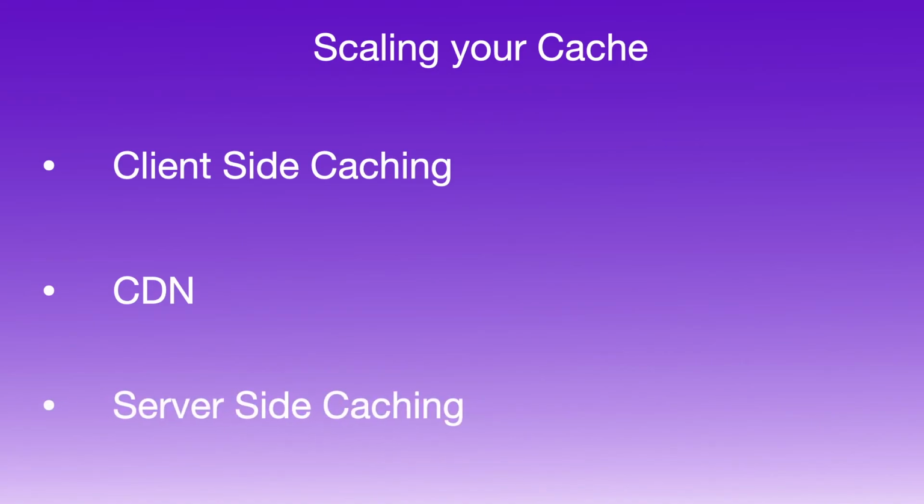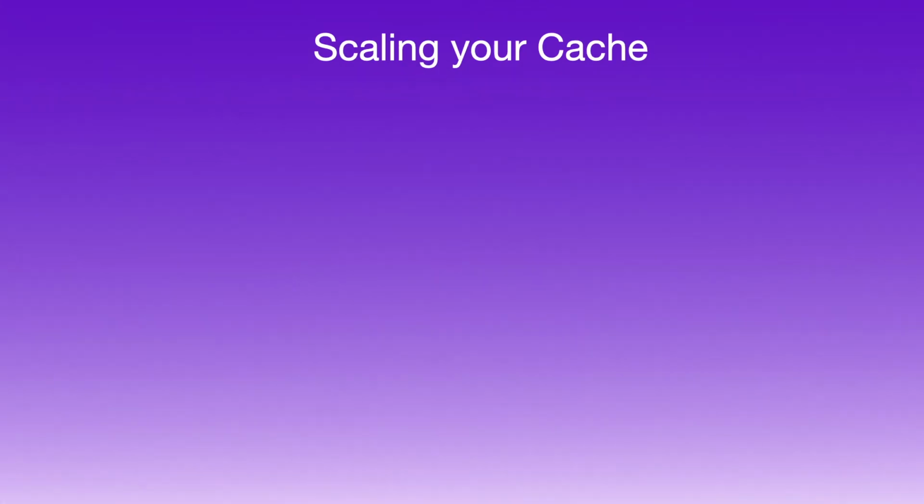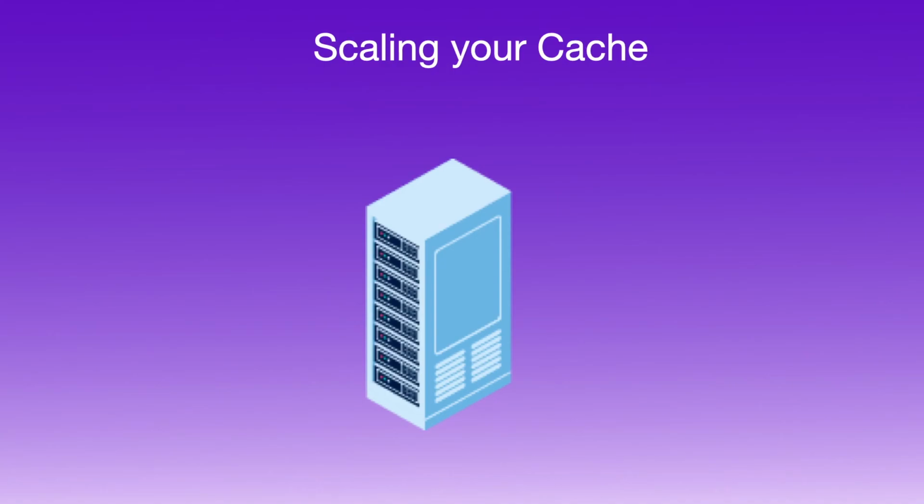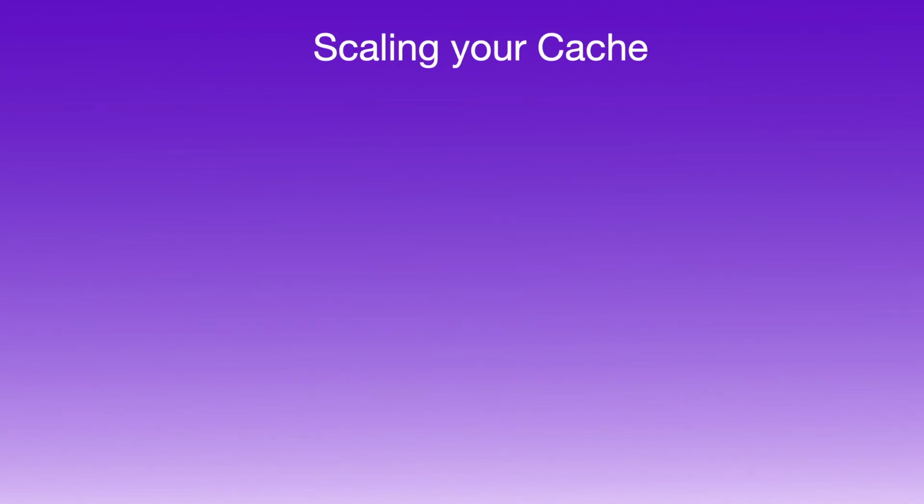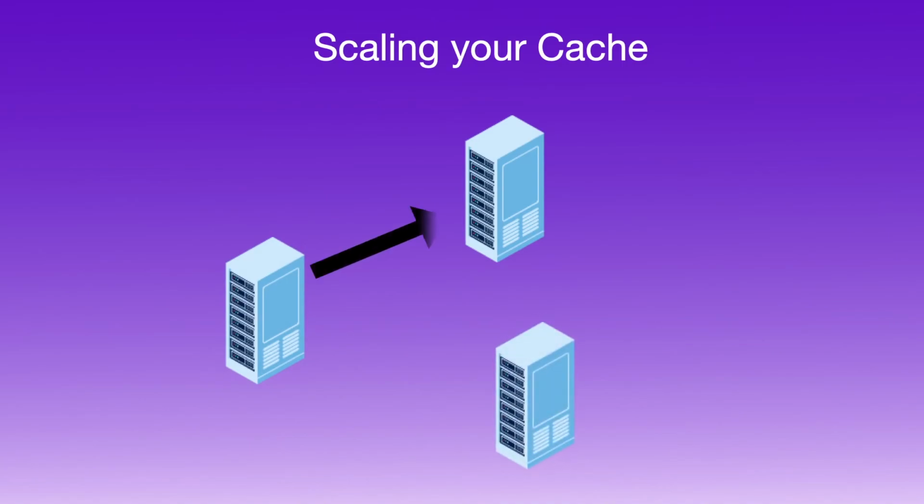In case of server side caching, we have control over how we want to scale our cache. We have a few options. We can use replication. If this is our application server, we can replicate the data across multiple servers and use these servers in order to serve our clients. This is known as replication. The same copy of the data will be stored across different nodes on the cluster, and those nodes can be used to serve the client.